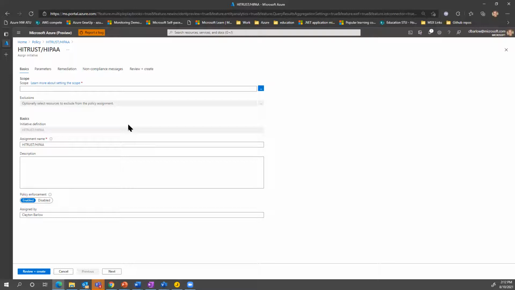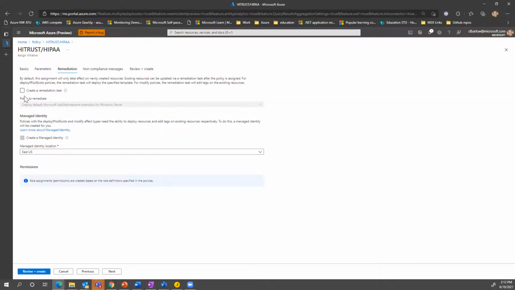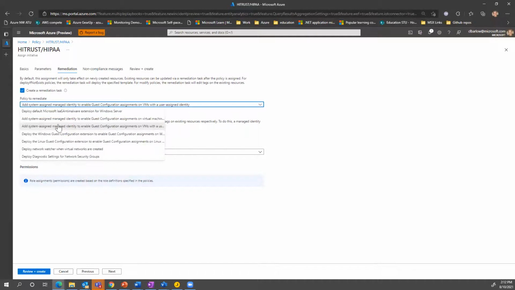I can assign that to the management group, and every time I pull a subscription under it, it's just going to pick up that policy set. So I don't actually have to continually apply a policy set and assign it and parameterize it and run through the remediation pieces for everything I do. I can have that all sitting there and then just move the subscriptions into it. So when I get to remediations, I create a managed identity. I can create remediation tasks that'll go through and do a lot of these things for me.